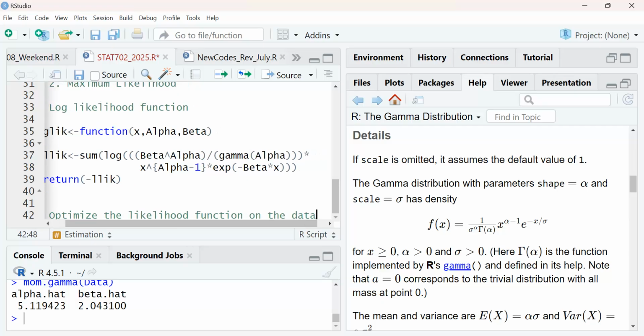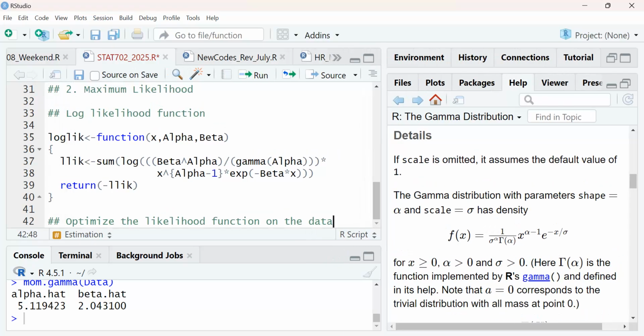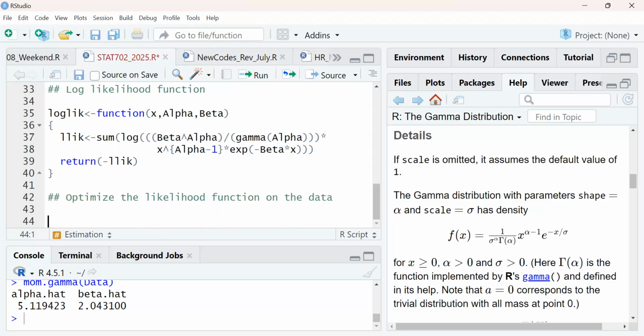So I asked you this question: what is maximum likelihood? What it says is that the likelihood principle says that if I have a data set, the maximum likelihood estimate is the estimate of the parameter within the parameter space that will give us the highest probability of producing that data.